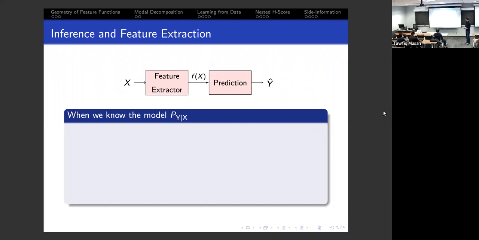The simplest case is you are trying to use X to predict some Y with a known model of this conditional distribution. And in those cases, for example, if Y is binary,